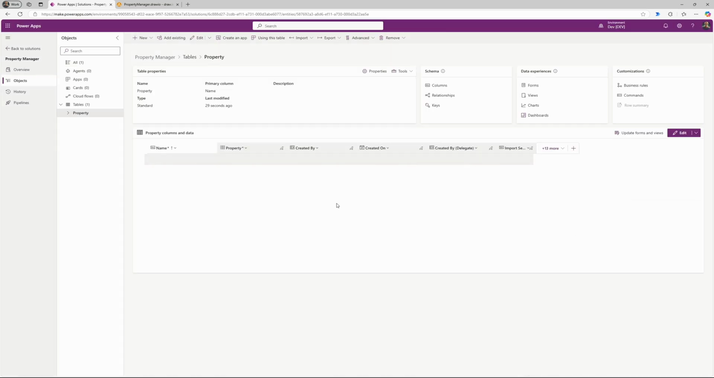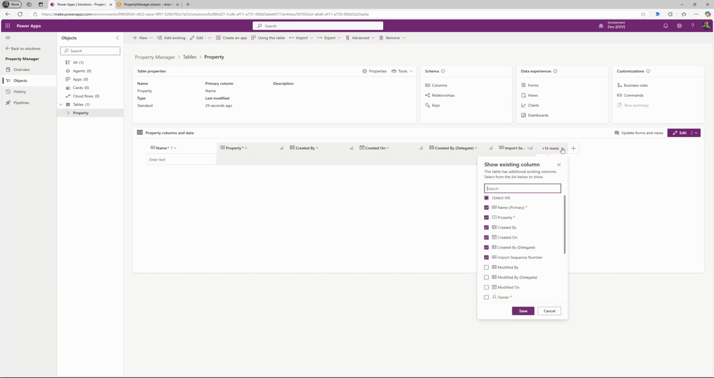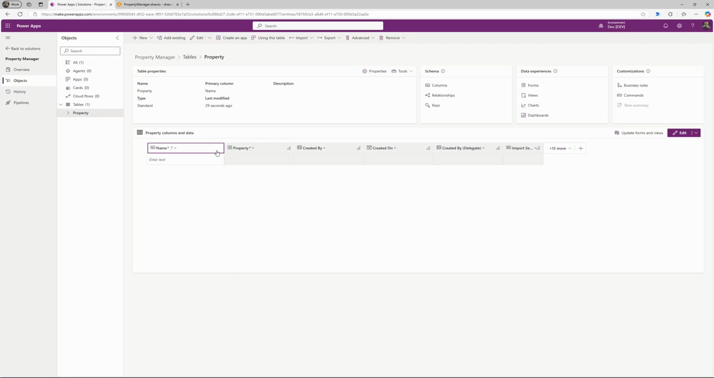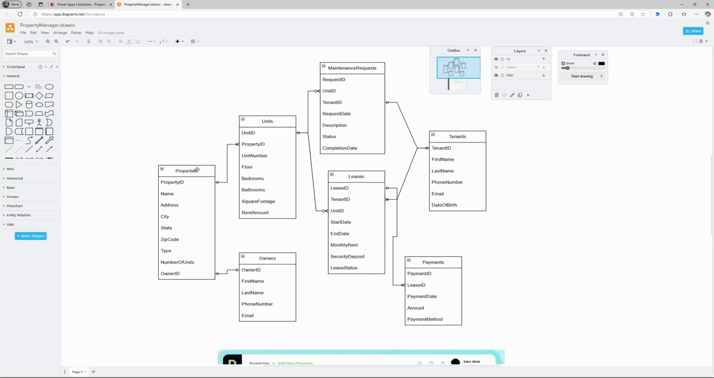When we're building this inside Dataverse, it already pre-populates the table with some columns. So these are sort of the standard columns, so let's keep them. So inside the properties, we have the property ID column that corresponds to our property column in here. That will be a unique ID. Then we will have a name